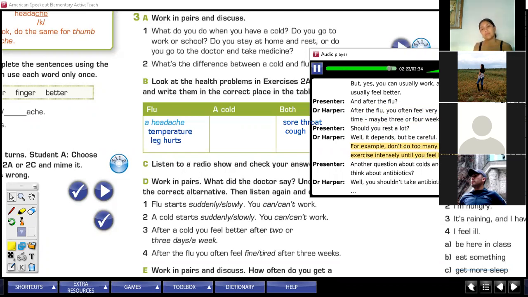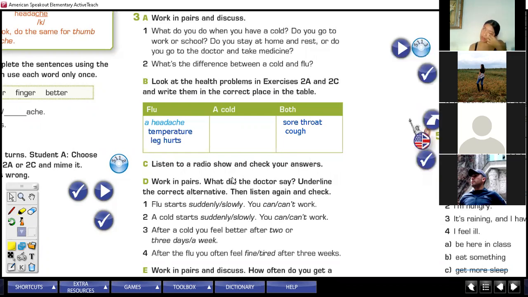Another question about colds and flu. What do you think about antibiotics? Well, you shouldn't take antibiotics with a cold and